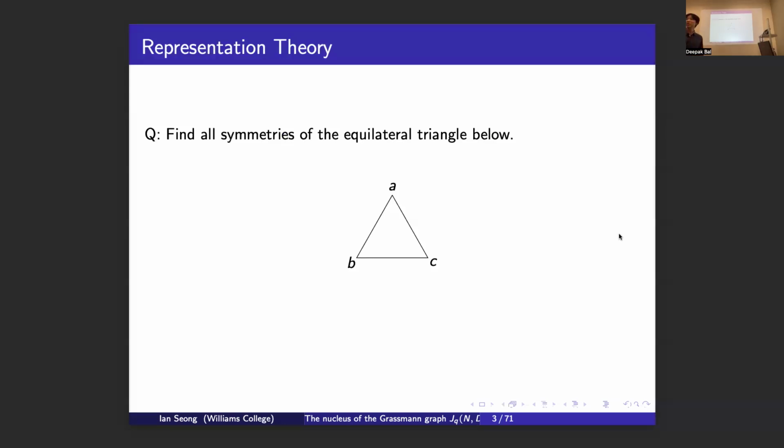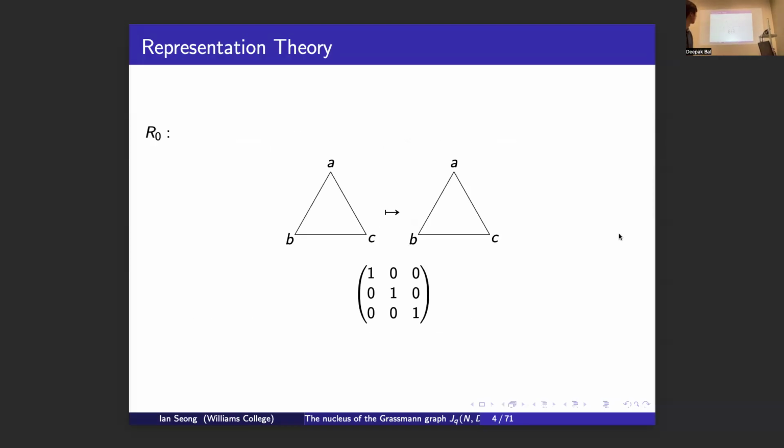The most fundamental question that we ask in representation theory is: find all symmetries of the equilateral triangle below. In that case, we have 6 possible symmetries, a bunch of rotations and a bunch of reflections. And we can actually write them using a 3x3 matrix as the following. So we have a rotation of nothing, so this is the identity, and hence we have the identity matrix. You can think of a 3x3 matrix as having rows and columns indexed by the letters A, B, and